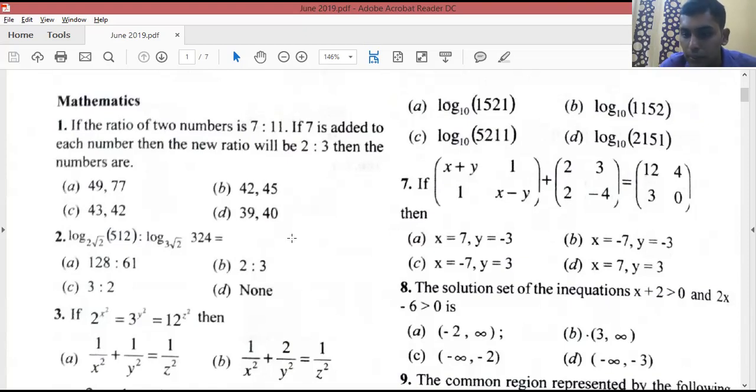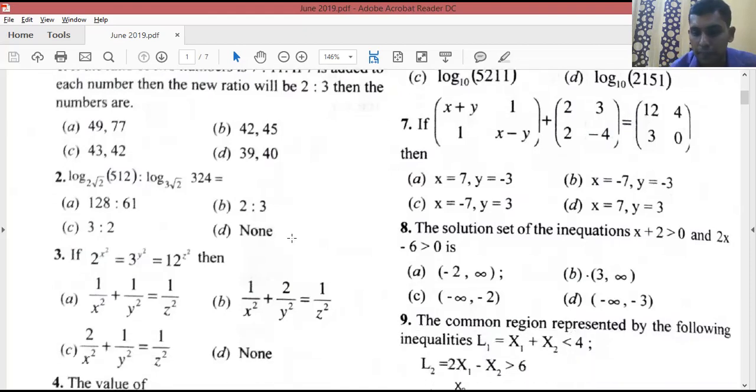The next one is x plus y. 7 plus 3 is 10. 10 plus 2 is 12. The first condition is getting satisfied. D is getting satisfied. 12 is equal to 12. Apply and see here also. 7 minus 3 will be equal to 4. 4 minus 4 will be equal to 0. That condition is also getting satisfied. So directly you can just pick option D and choose your answer.